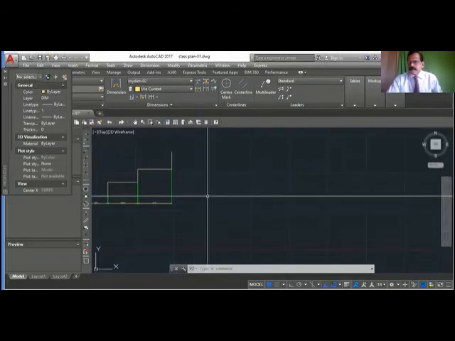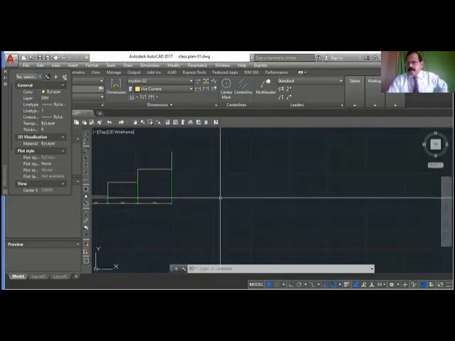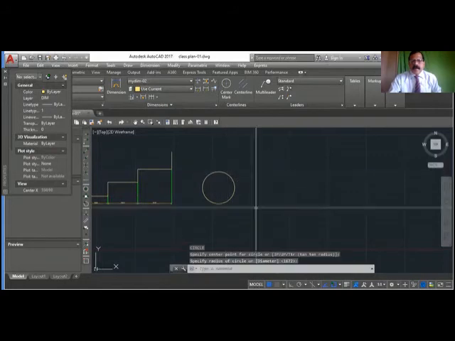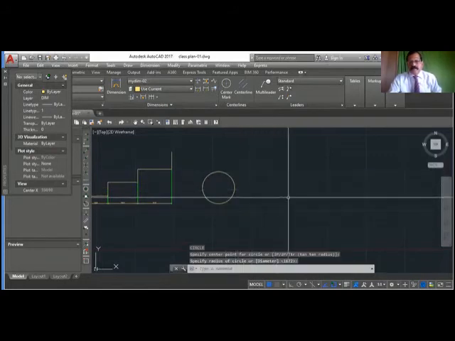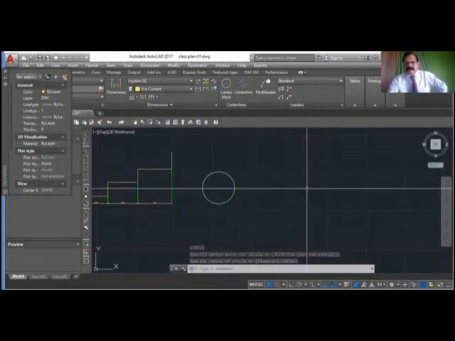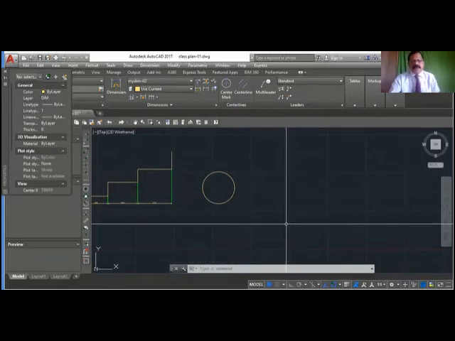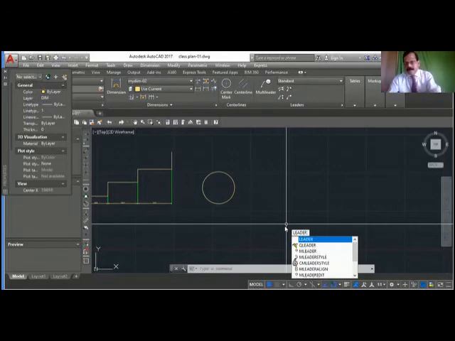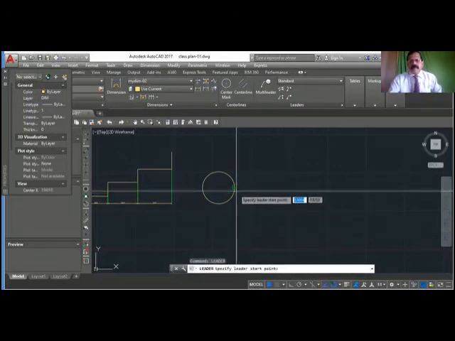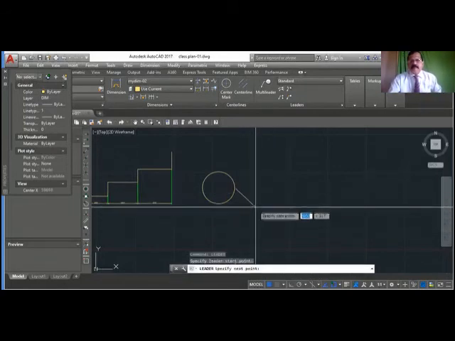Now, okay, we'll have a circle here, and I want to mark this as a tree. I want to write. So here I will use the leader. You see, when we were creating the dimension style, we have seen one leader. So that is what we are going to use. We say leader. Select the point wherever you want to start. Click here.